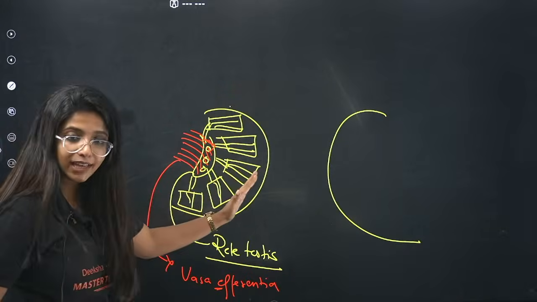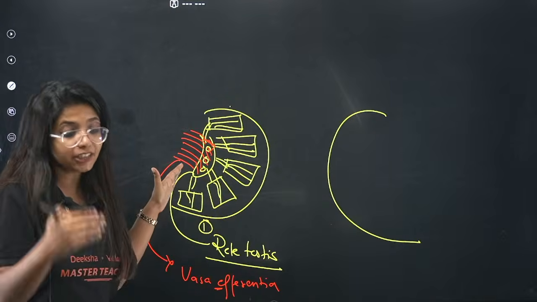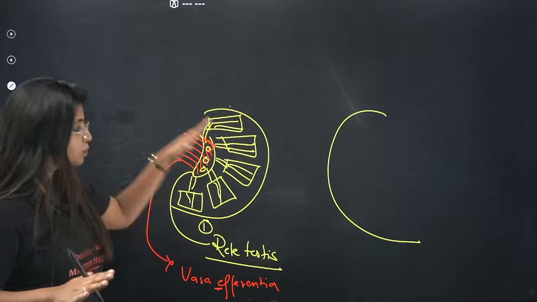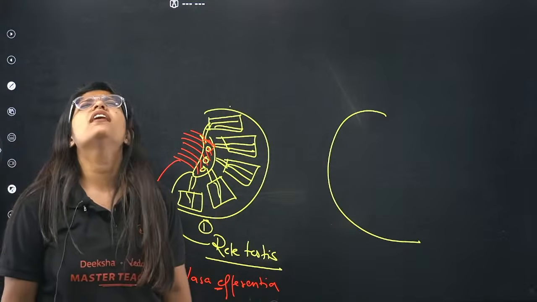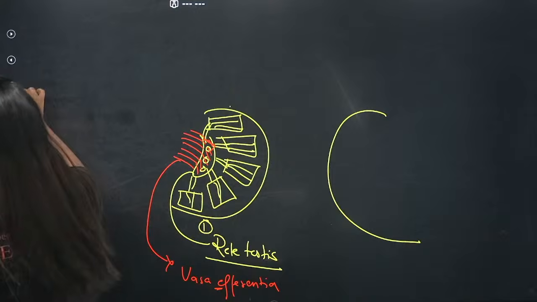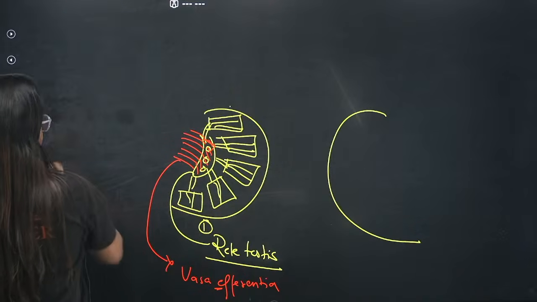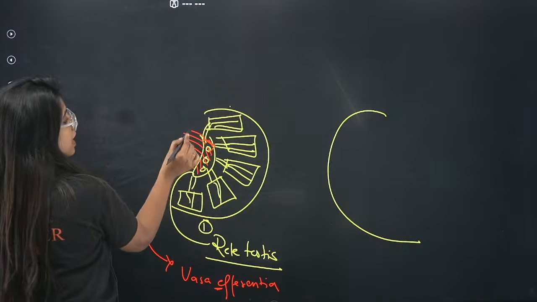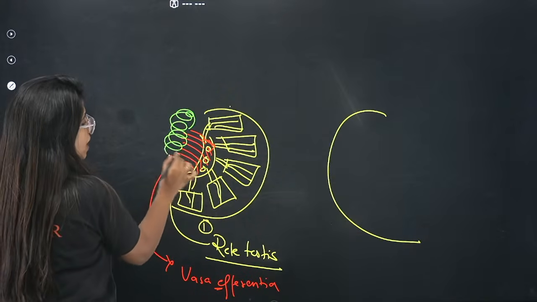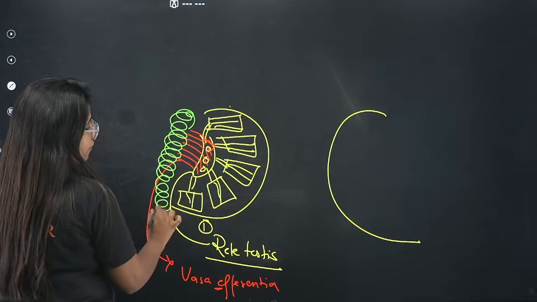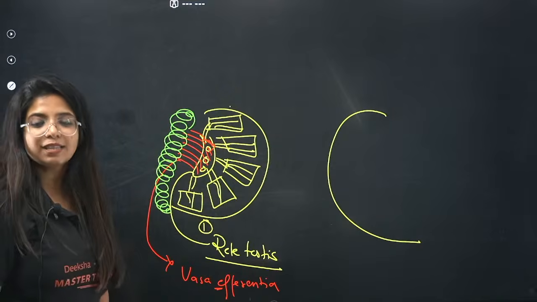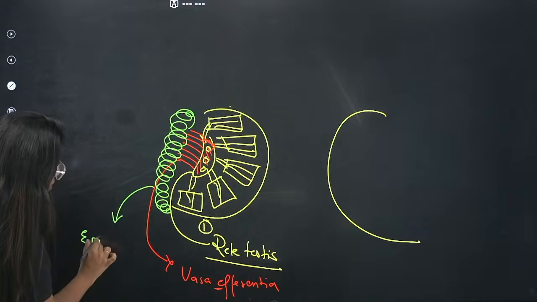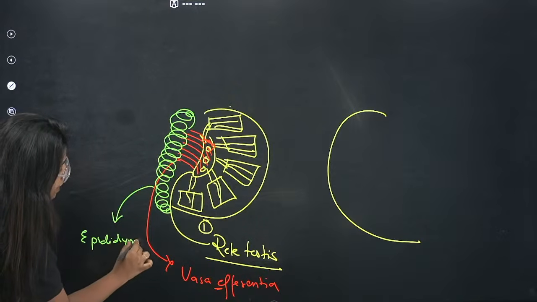So first rete testis is there. Then you have vasa efferentia. I'll talk about the mnemonic also. Do not worry, I'll talk about the mnemonic once I explain this. So it has moved to vasa efferentia. Now it says, oh my God, I still am not able to move out. I really want to move out. But it says, wait, you have to wait for some time. So from this duct, the sperms travel to the next duct, a highly coiled duct, which is known as epididymis.